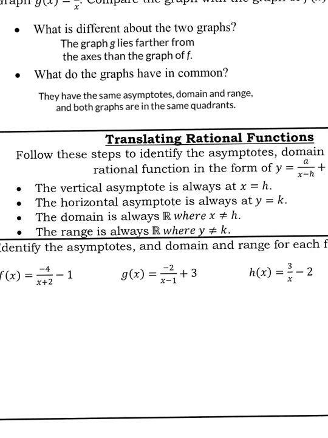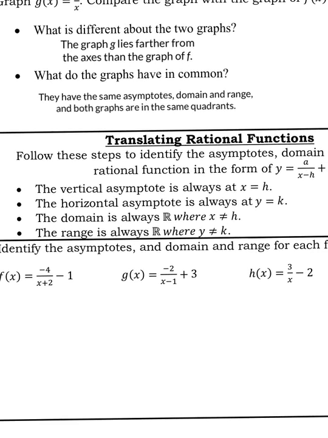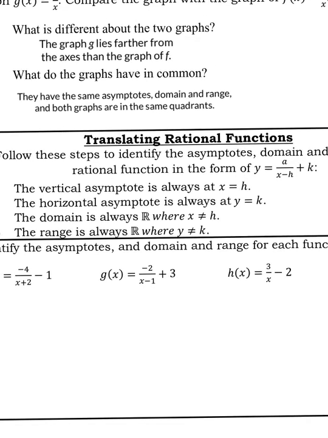So here we have the vertical asymptote is always at x equals h. If it's just x plus a number or x minus a number, it'll be at x equals h. Just remember to flip that sign basically. The horizontal asymptote is at y equals k. So whatever the number is on the outside, just put that